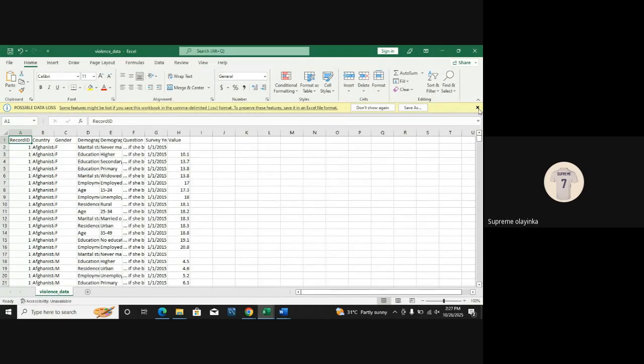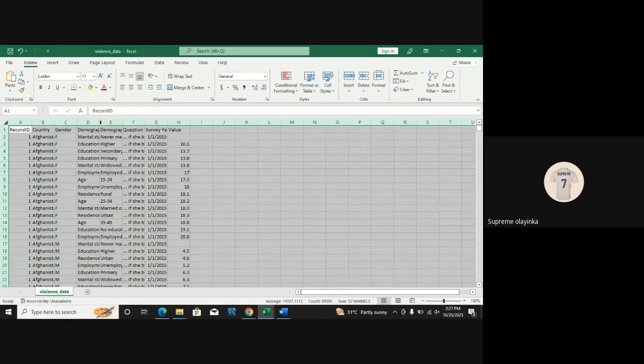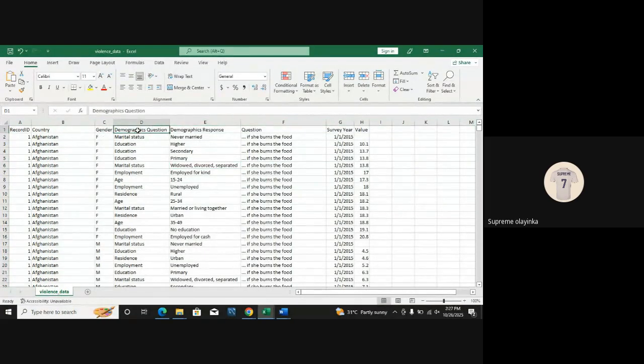So it's quite basic also. We have our country, we have our gender, we have our demographics. We have our demographic question. Is that whether the particular woman is married, their marital status, right? Or is that the meaning of demographic question? Sorry, because I don't understand what demographic question is.